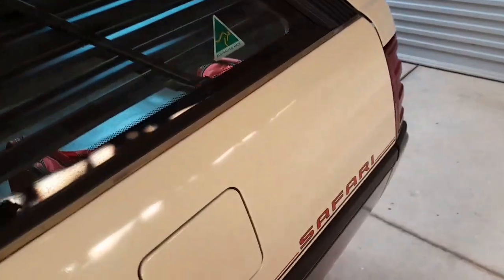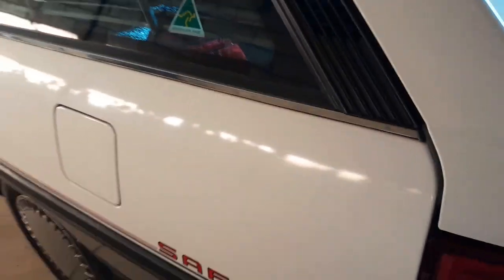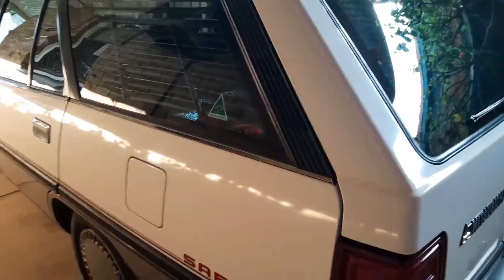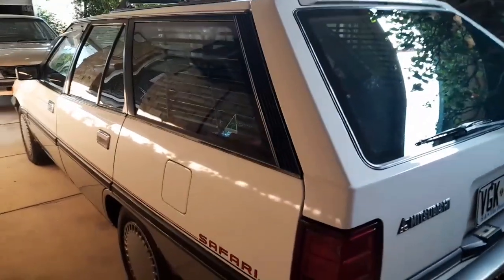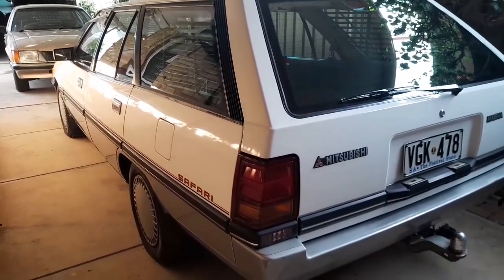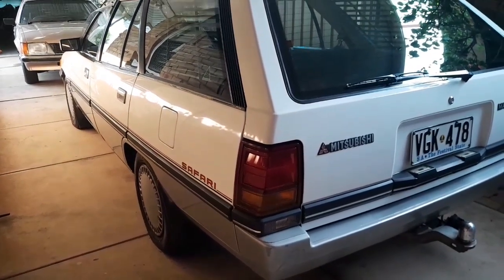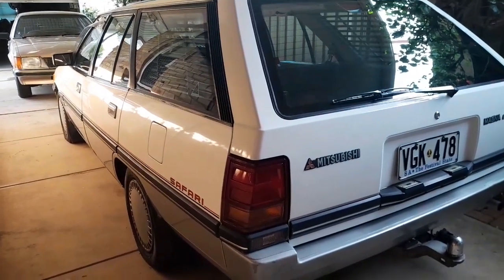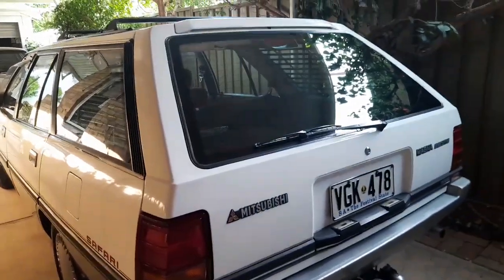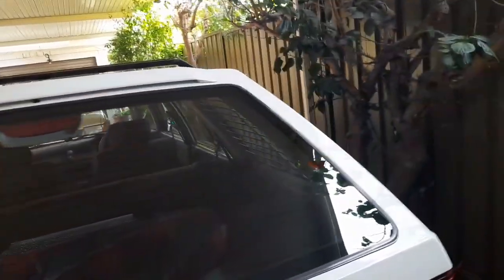They came with about $2,500 worth of extras. Because it was a basic executive car, which didn't have a lot going for it, they dressed them up a bit and threw in a few more niceties to make them a bit more saleable. And the thing about this car is there were only 500 Safaris made, so a bit of a rare beast